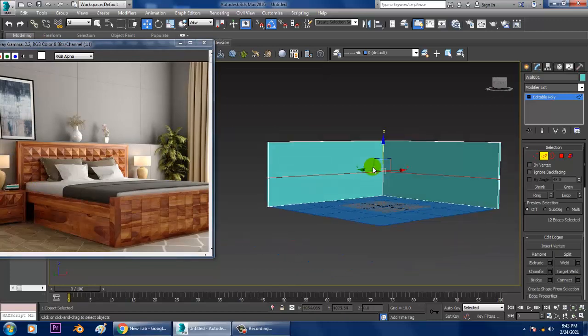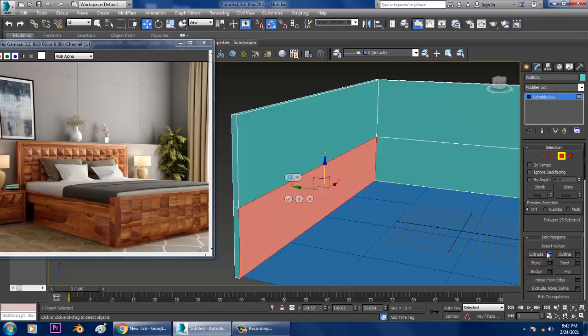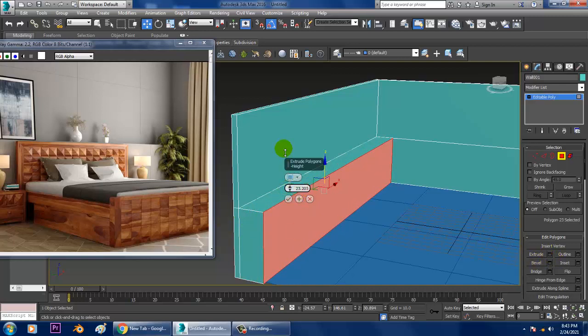Let's go into these polygons and extrude them out a bit. So you can slightly extrude this out in this way and click OK.